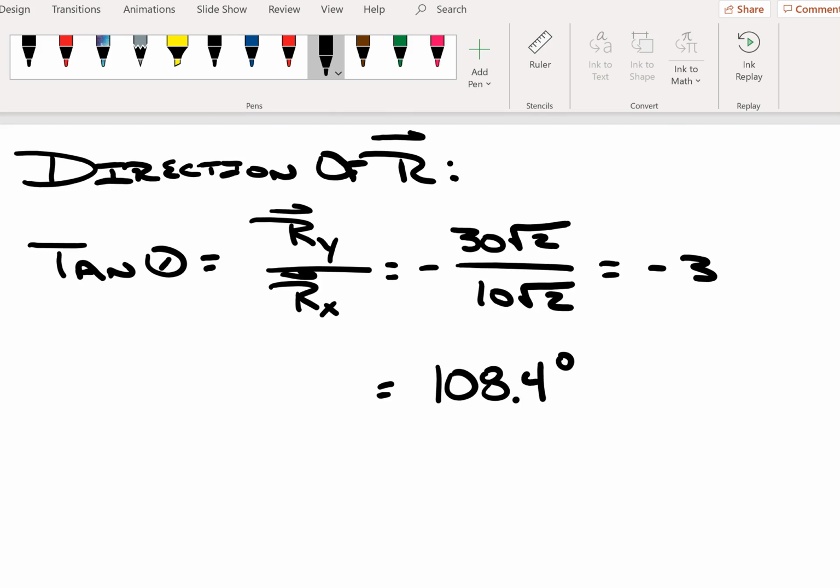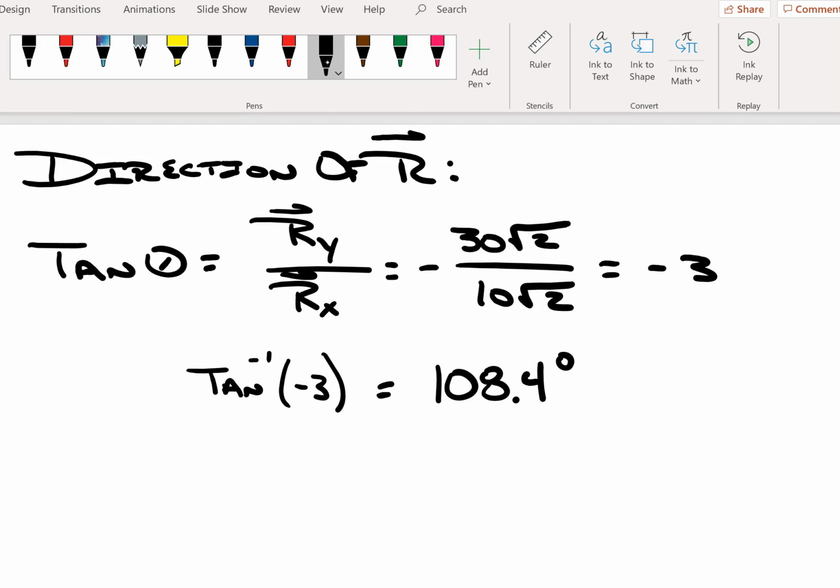Now, let's determine some specifics for our resultant. First, let's determine the direction of our resultant. And we know that the tangent of theta is given by the y component of the resultant divided by the x component of the resultant, meaning that the tangent of theta is -3, and the inverse tangent of theta. I do need to make one note here. When you punch the inverse tangent of -3 into your calculator, you are going to get a value that's something along the lines of